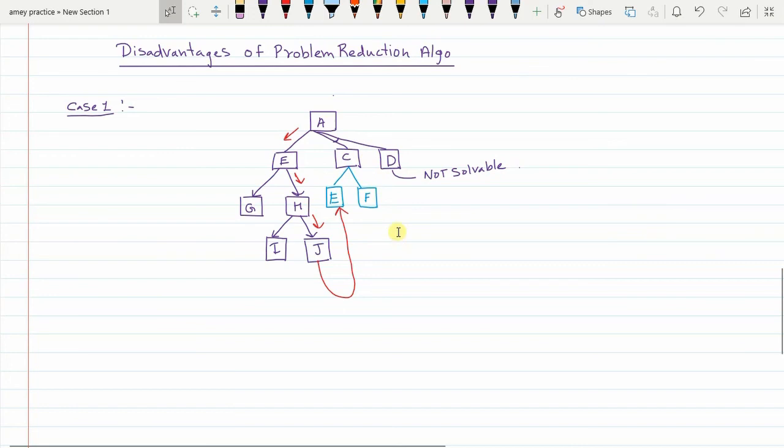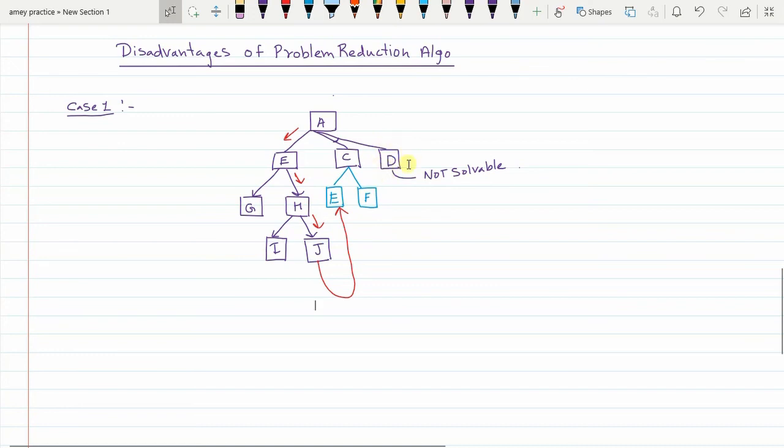And because of which, although visually you can easily say that A to C, C to E is a shorter path, you will never be able to take that path. Although this is a shorter path, it will be wise to follow the longer path, that is from A to E, E to H, H to J and J to E, right? The algorithm will never be able to take this shorter path from A to C, C to E, because there is a sub-goal D over here which is not solvable. So although C is solvable and can be expanded further, D is a leaf node and it is also not the goal node. So this is not solvable.